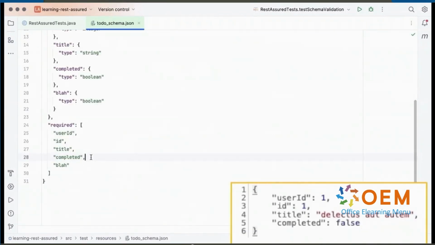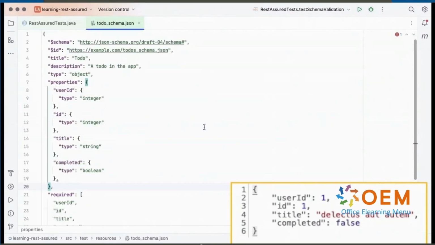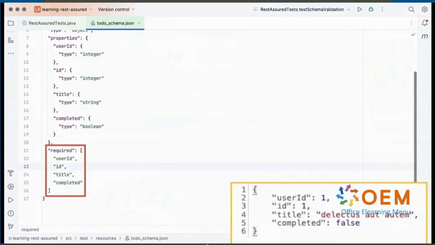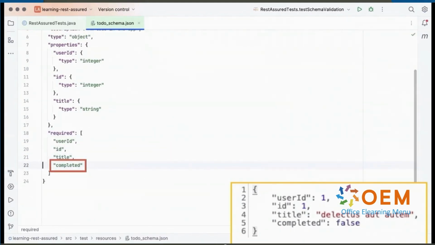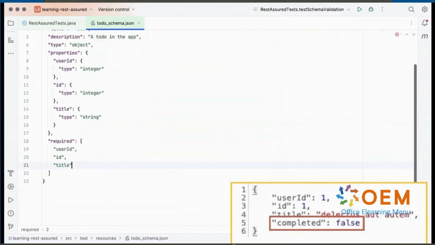I'll just get rid of blah from the list of required properties here, and I'll get rid of its property definition as well on lines 20 through 22. Now that we've understood how required properties work, that is, properties are optional unless they are marked required, let's make another change to our schema here and see what the effect is. I'm going to get rid of this property completed altogether. I'll get rid of its specification in the properties object, and I'll also get rid of it from the list of required fields. So we know that completed is present as a property in the response, but it's not part